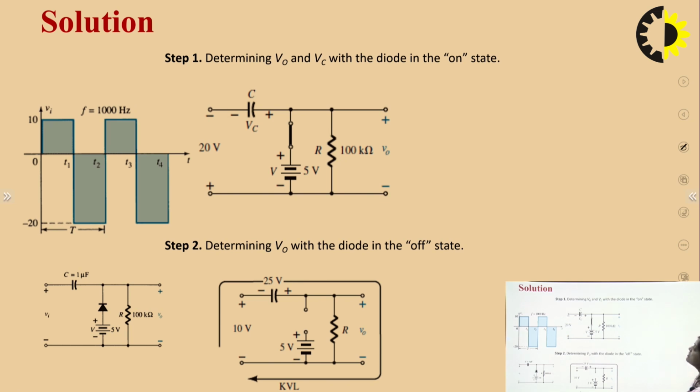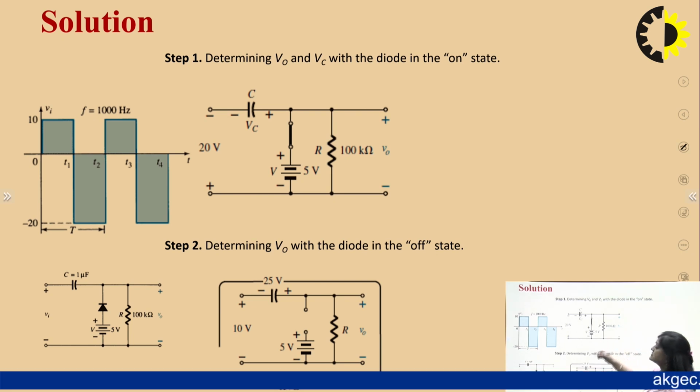Okay, so this is how we have solved this question, and we can also solve this question by taking the polarity, by taking this practical diode. If we have taken this diode as a practical diode like a silicon diode, then when it is forward bias, it will not be replaced with a short circuit, but it will be replaced with a 0.7, and when it is reverse bias, it will be an open circuit.